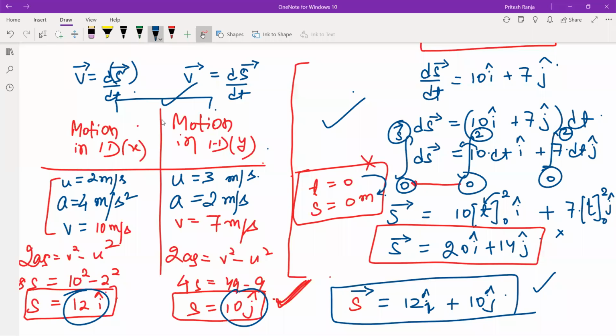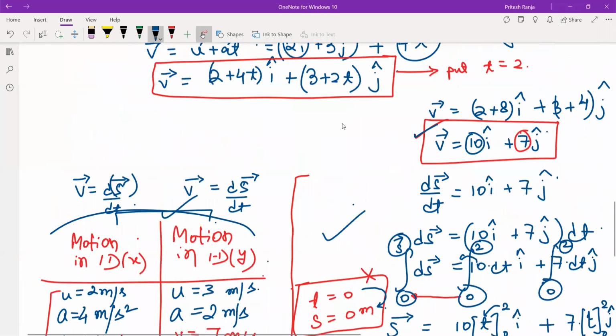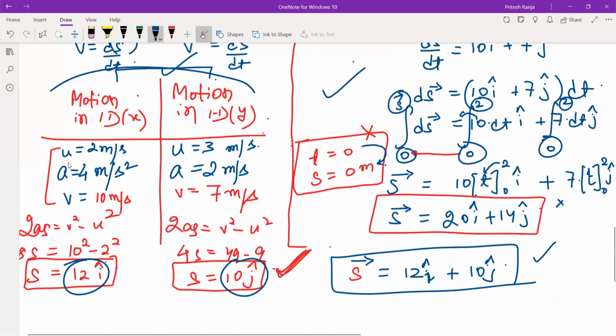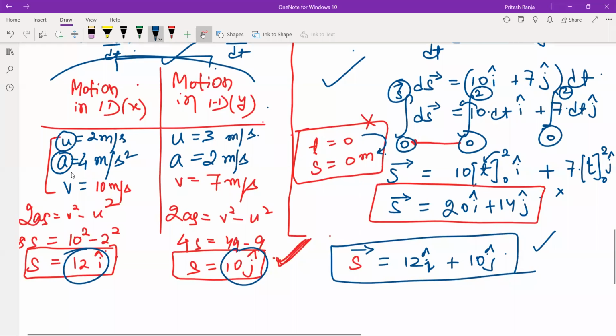Okay, is this understood? Now even you could have found velocity also. जरूरी नहीं हम velocity इसी अप्रोच से निकालें. ये देखो यहाँ पे u है, a है, अब हमें velocity ढूंढना था. After how much time? After t equal to 2 seconds. तो टाइम सेम होगा, right? All other parameters will change, but time, that's a scalar thing, it will remain same along both the axes. So हमारे पास a है, u है और t है, तो v निकाल सकते हैं.